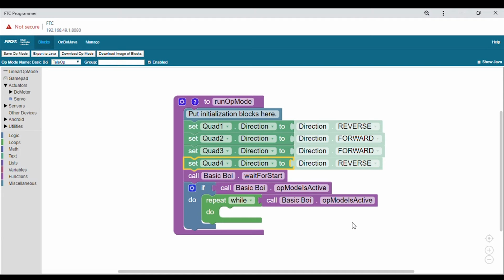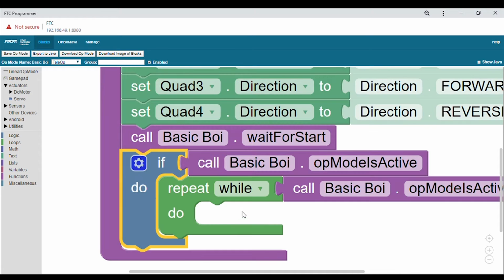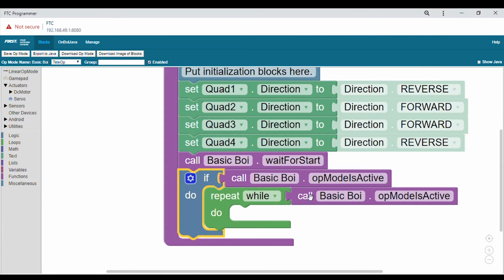So now we'll move on to this if block. If this, do that. It says if basic boy, which is the name of our program, dot op mode is active, then do whatever is in the block. So that asks, is the program active? And if it is, which means you've pressed start on the phone,